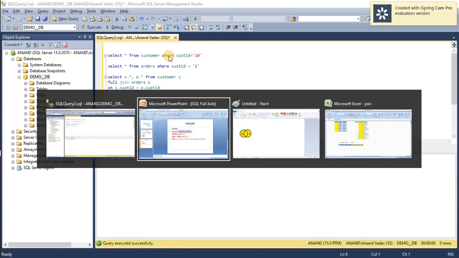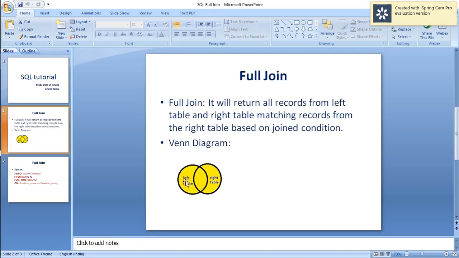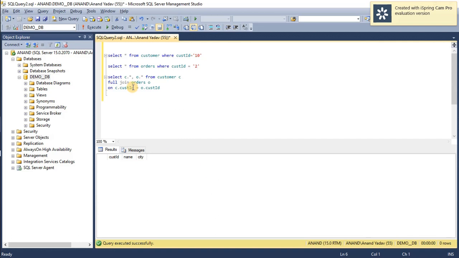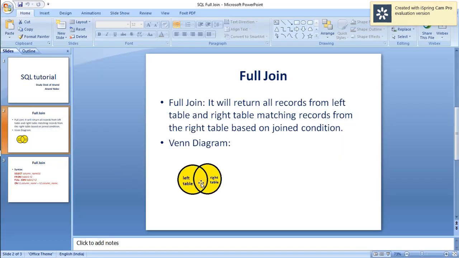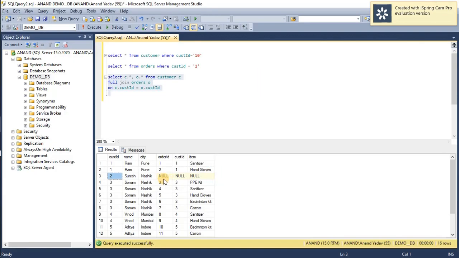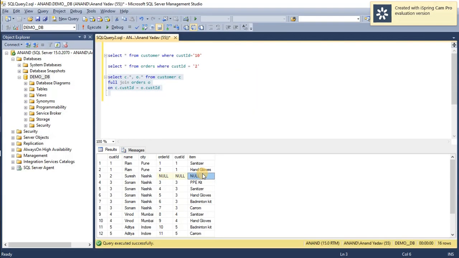So it defines our purpose of the Venn diagram that we have seen in the PPT. It retrieves the records from the left table, and whenever there is no match, like the ID equal to 2 that we have seen, these are the only left records, and there is no corresponding match on the right hand side, hence the right hand side of the entry is null. And whenever there is a common match like the first record, there are entries present on the left hand side as well as on the right hand side.